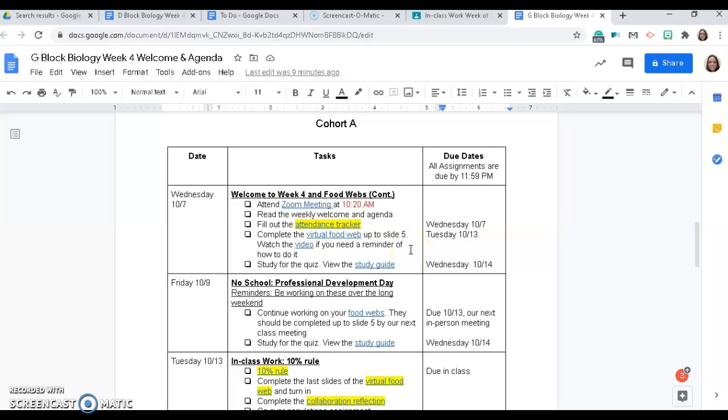You're going to hopefully attend the Zoom meeting this morning. If you are in D block, the time for you to join the Zoom meeting is 8:50 a.m. and G block, yours is 10:20 a.m. The attendance tracker, and while you are Zooming with me